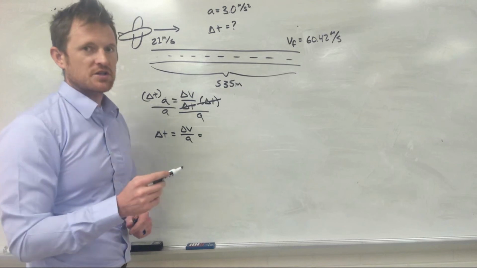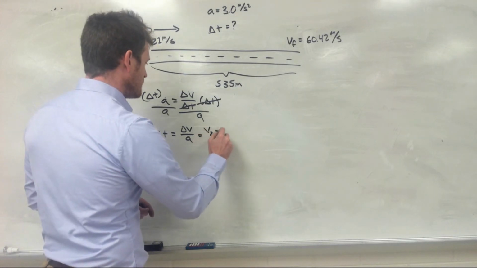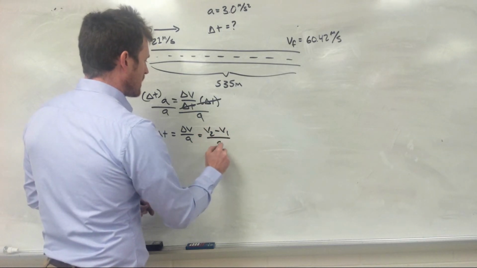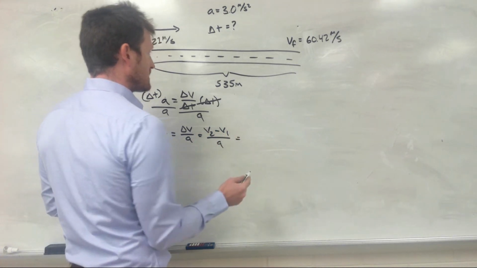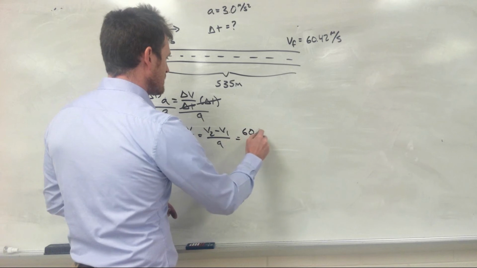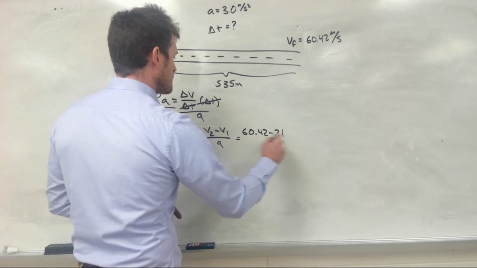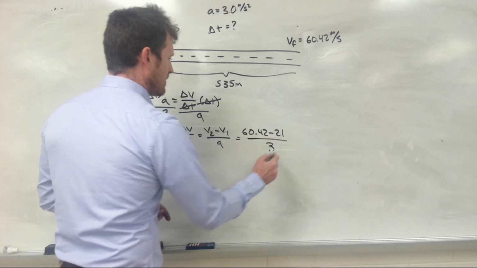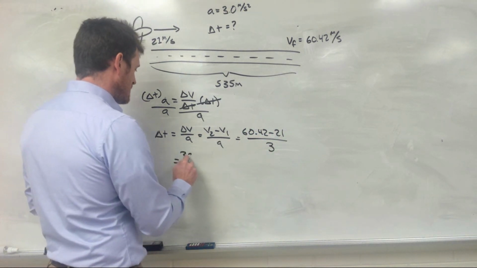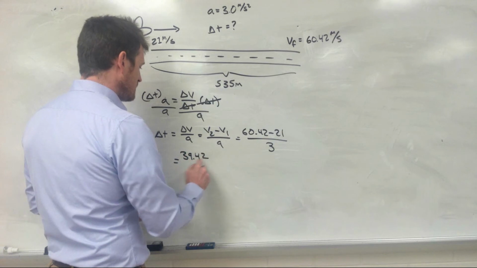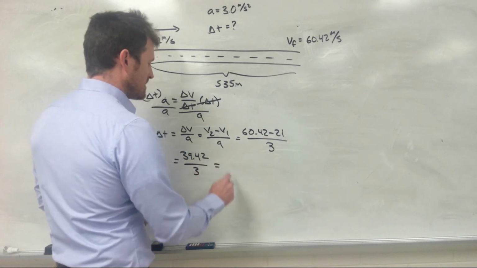Now, if we use our expression for delta V, V2 minus V1, we can rewrite this equation one last time into a form that we can use. So, let's plug in our numbers. 60.42 minus 21 divided by 3. Okay? And when we punch that number in, we end up with 39.42 divided by 3, which is equal to